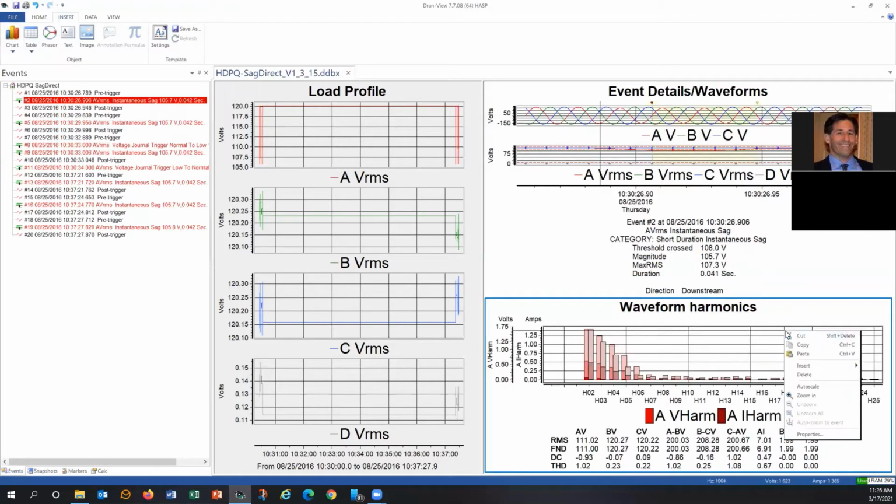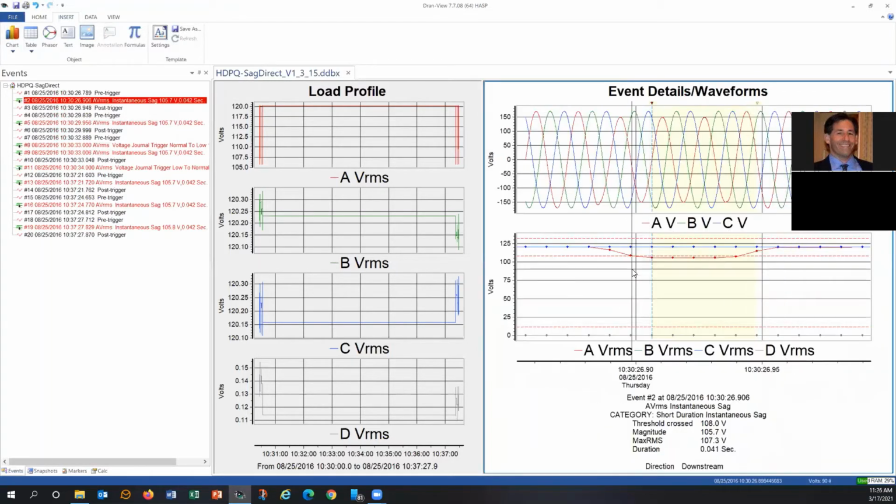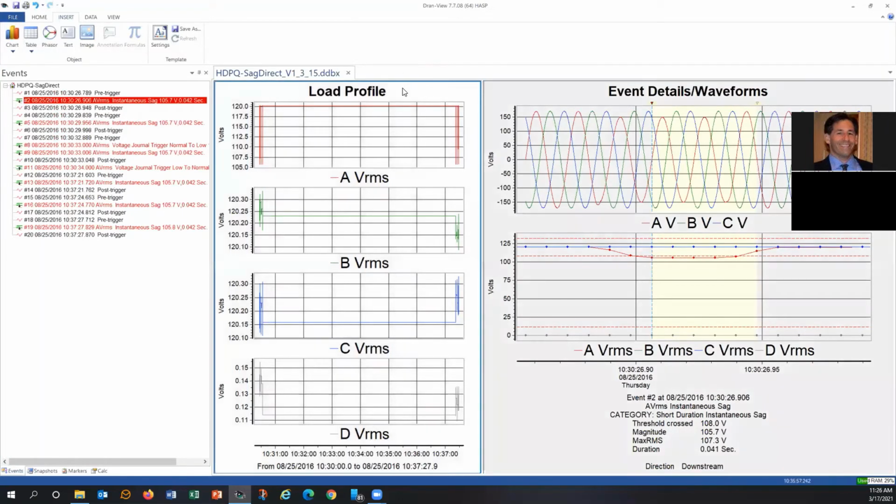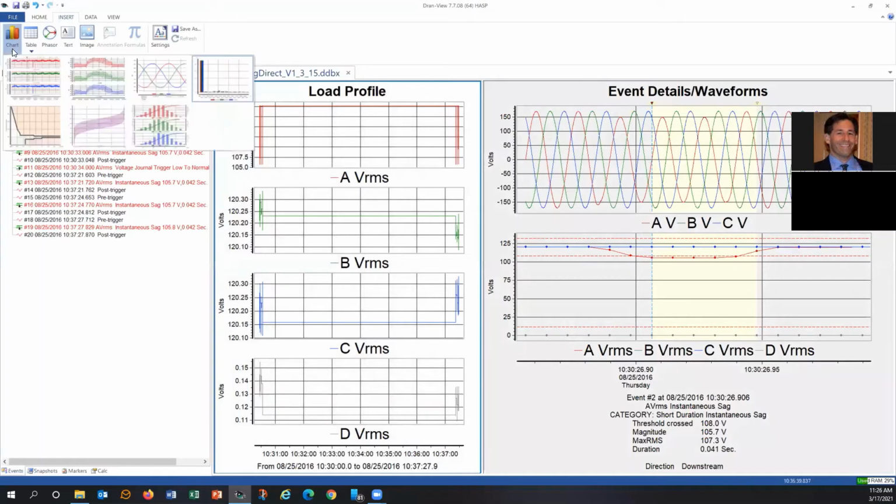Oop. Oh, you can just click the delete key. Okay, thank you, Thor. So I'm going to make the timeline chart my active pane, and then I'm going to